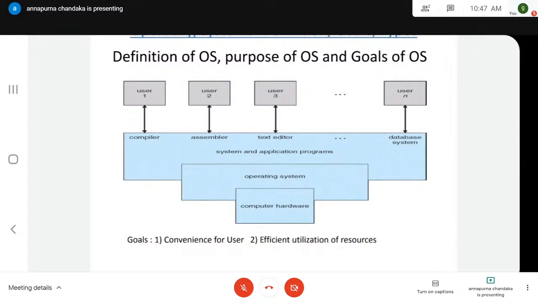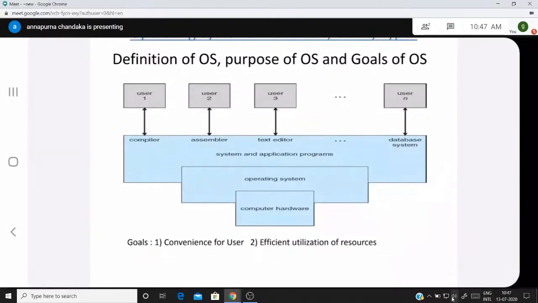Now, coming to the first one, the main goal of an operating system is convenience for the user. Why are you pouring petrol in your bike? In order to make it convenient, that implies you want to feel better. That is the reason you pour petrol in it. Number two, efficient running. Your bike has a collection of resources: horn, brake, speed, accelerator. A lot of features have already been provided. In order to use all these features in a very efficient manner, you require petrol. That is the main goal of an operating system: number one, convenience for the user.